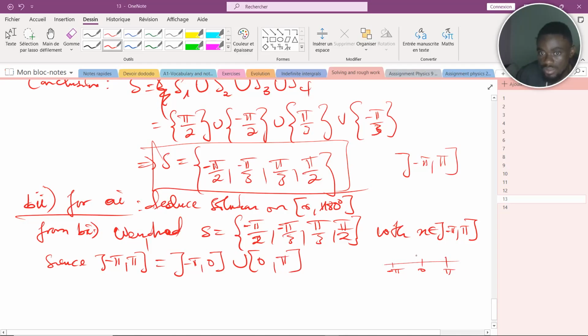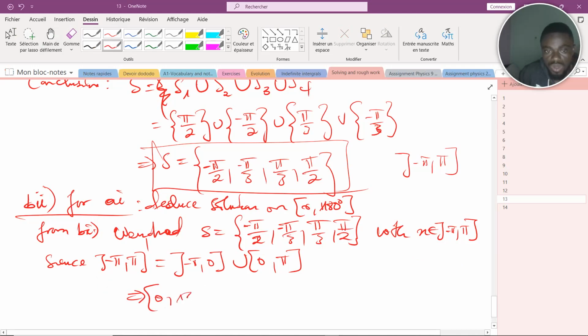Is that okay? So I can break this interval into these intervals. Wait, let me take the duster. Since this is equal to this, it implies the interval